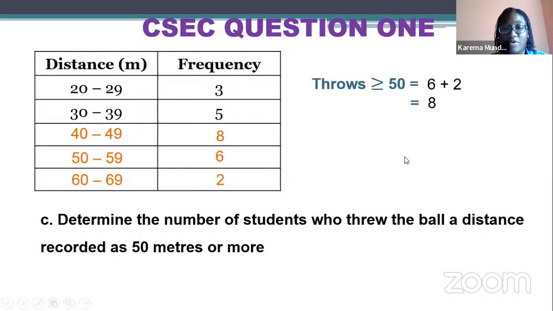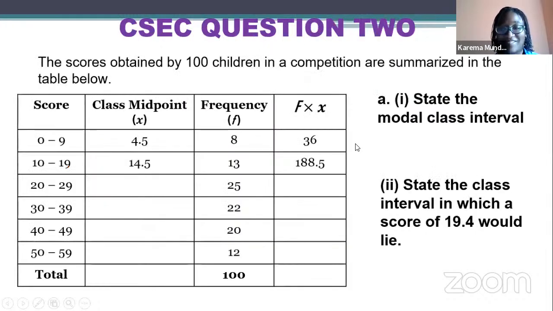Awesome. Thank you, Mrs. Cameron Edwards. I think we can move to the next part of this question. Yes, we can. We're finished with question 1. Look at that. So we are now at question number 2. And this question